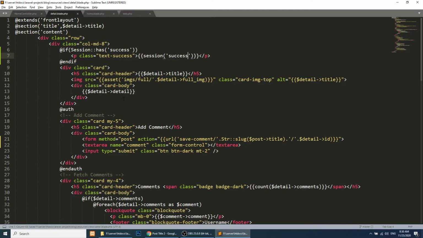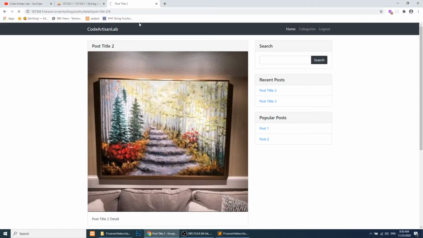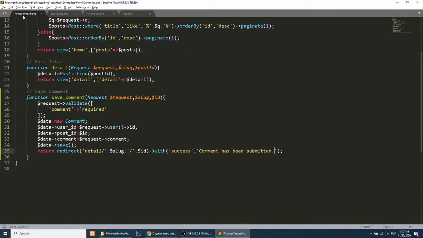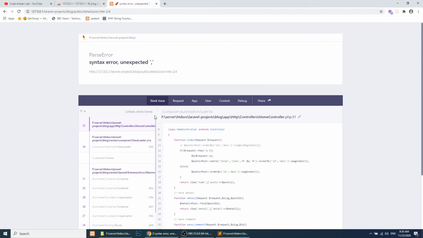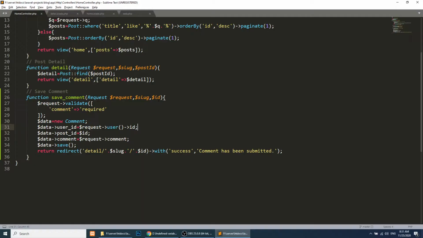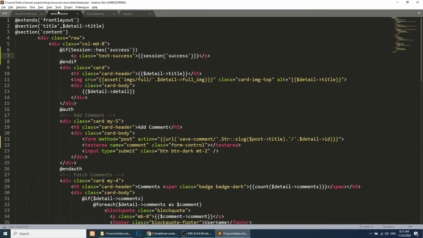Okay, now let's check this. We have a syntax error, we need to add a semicolon. Let's refresh this page. Undefined variable post.